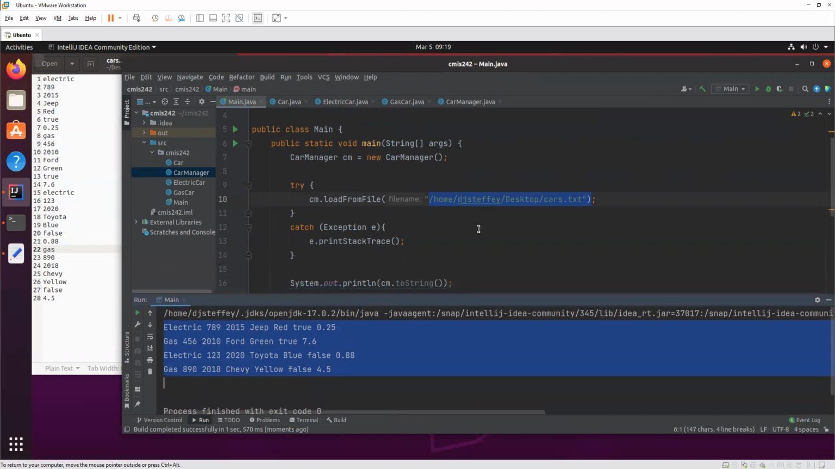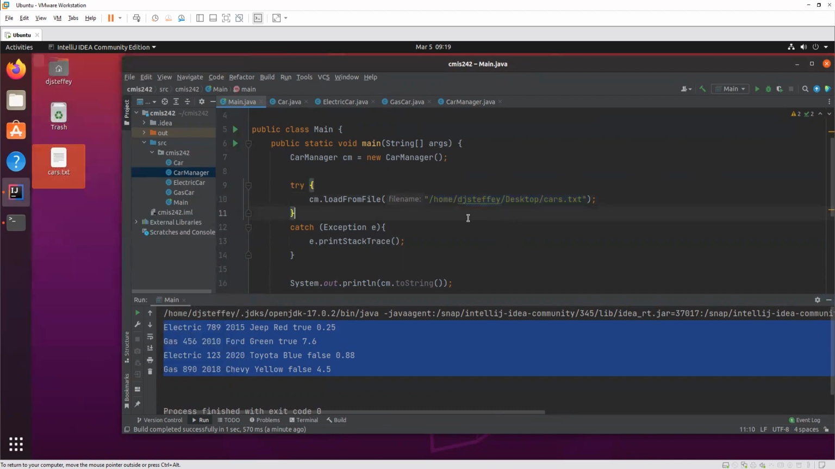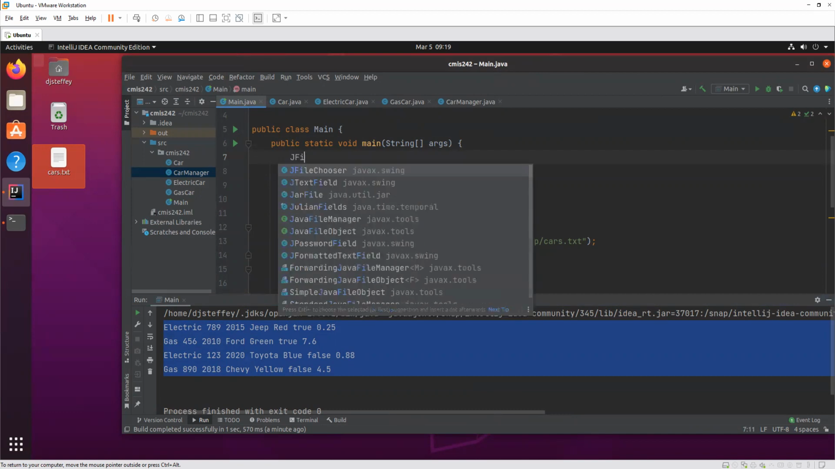So let me show you how to let the user decide what file it uses to load the cars from. All right, so let's close this. So we have what we call a JFileChooser. It's a GUI that lets the user choose what file they want to load. All right, and it looks like this. It's a JFileChooser,